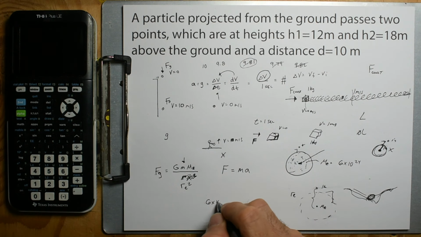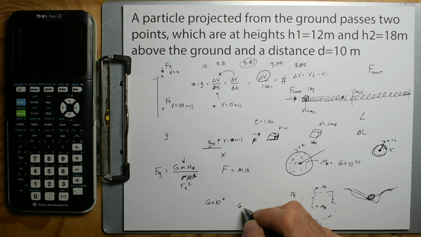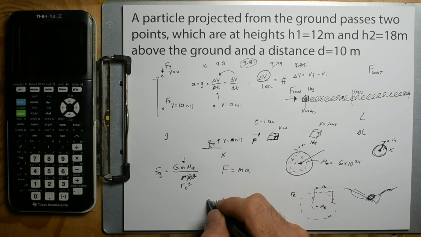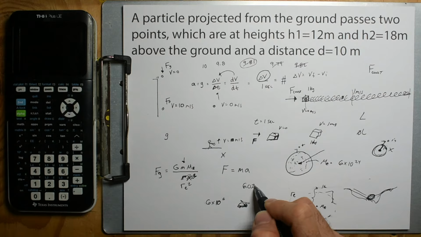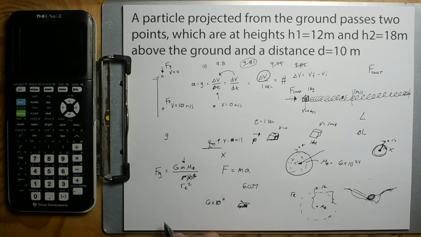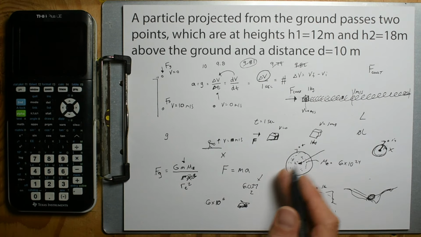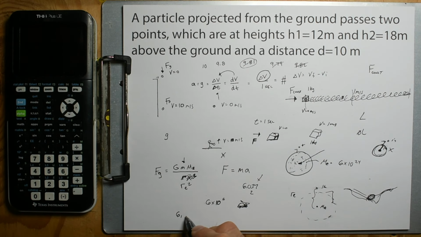the radius of the Earth is 6 times 10 to the 6. I think it's 6.037. Don't quote me. But let's say I did guess right. I don't know if it's a 27 or a 37, but we have 6 million, so we have 6,037,000. It doesn't even matter. Let's say this is the radius of the Earth,